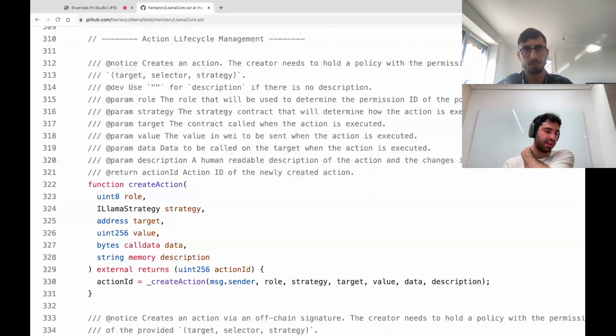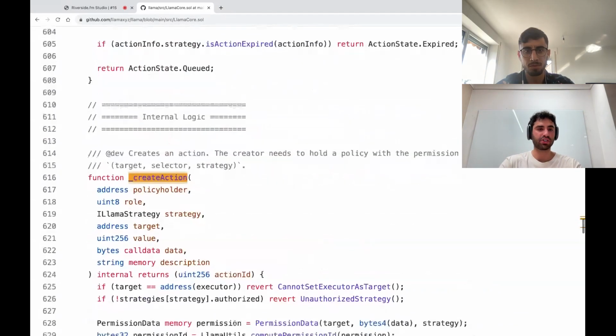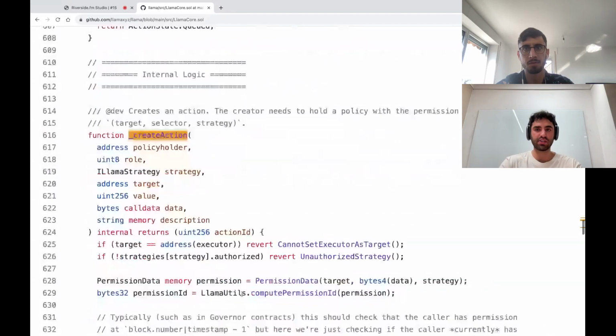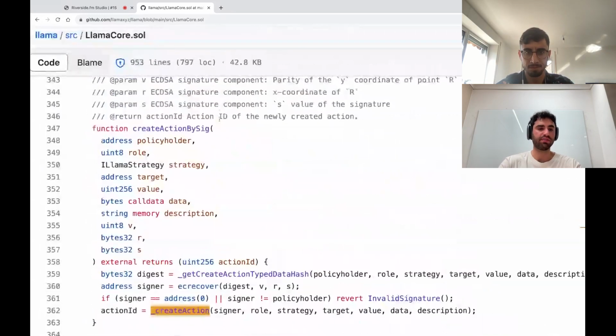And so if we look here, we see create action, and this is what you use to actually start off the action process and create an action. This function is simple because we actually have the internal logic here. The reason we do this, I could actually show you, is because we also have a create action by signature function.